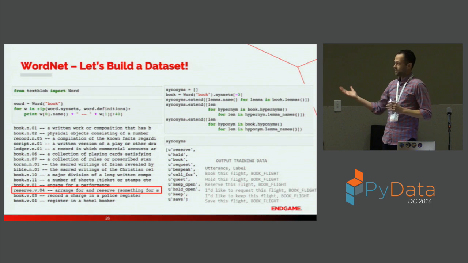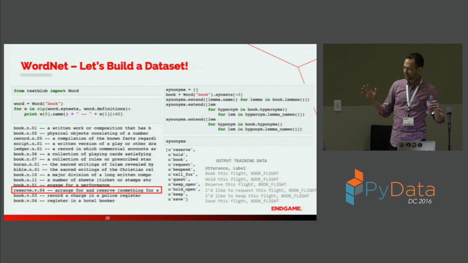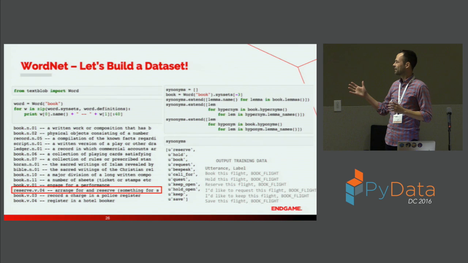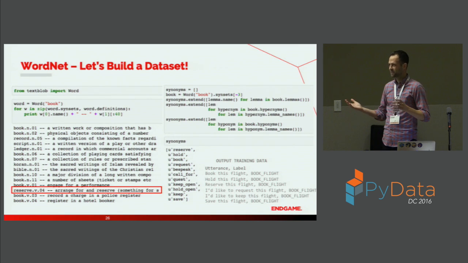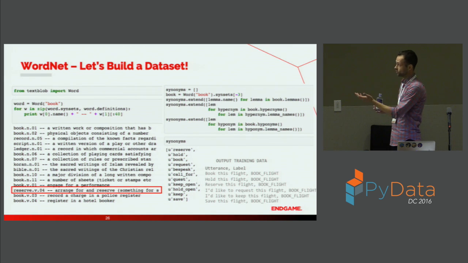But some of this is obviously going to require some hand annotation. But if you're thinking about things and you're like, all right, I know I need to accept book flight, but people are inevitably going to ask other things, this is like a super quick hack to go from 0 to some alternatives. That's all it really is.